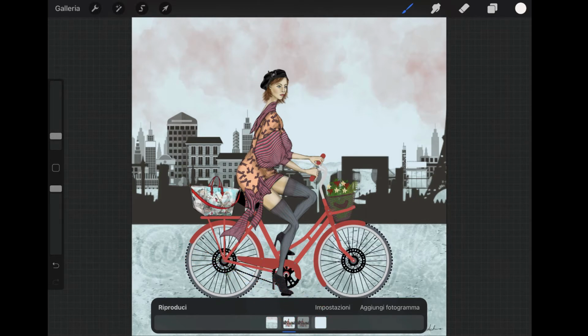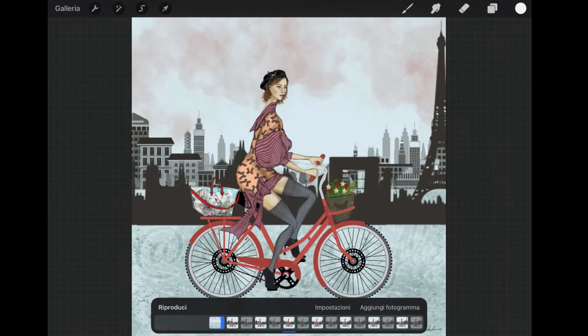To navigate through the timeline, we can either drag it back and forth or directly touch the frame we need. The activated frame will now be underlined in blue, and we'll see the corresponding content on our canvas in the opacity that we've set. To see a preview of the animation created, simply tap play on the timeline. We can also stop or pause the playback by simply tapping the canvas or the pause label on the timeline.